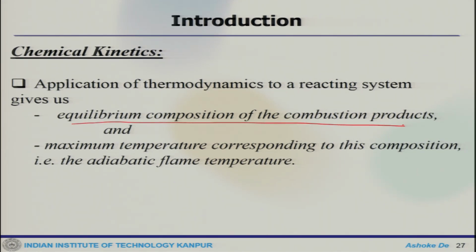That means, when multiple species are reacting with each other, one can estimate what the equilibrium compositions would be. It is just like collisions between different molecules and they reach a certain equilibrium, and because of that, the maximum temperature corresponding to these compositions is the so-called adiabatic flame temperature, which is a theoretical estimate